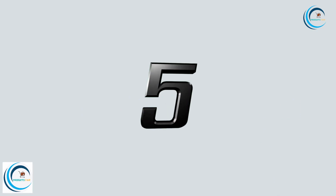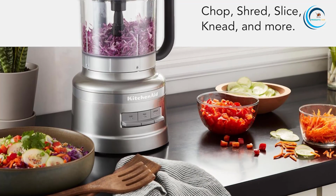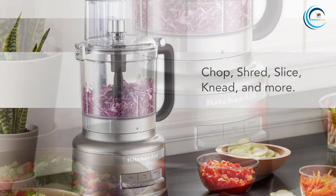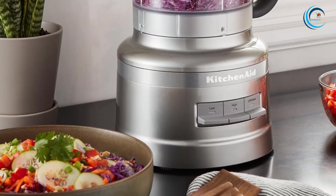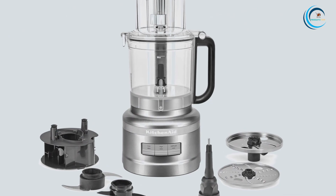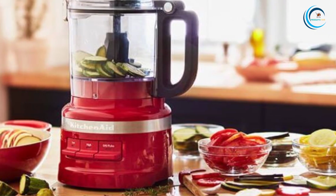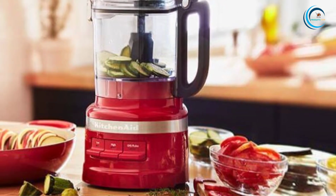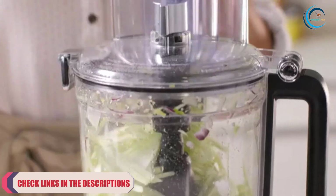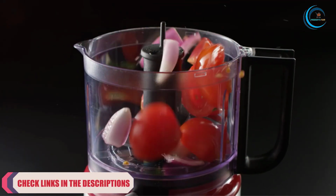Number 5. Kitchena 13-cup food processor. Easily tackle tough chopping, shredding and kneading tasks with a powerful motor and durable blades. This 13-cup food processor is the right capacity for every meal-making occasion, big or small. And it's easier than ever to elevate all of your everyday meals with all of the functions it has to offer. Chop, shred, precision slice, knead, mix and puree everything from fresh veggies to cheeses, dips, sauces, salsa and so